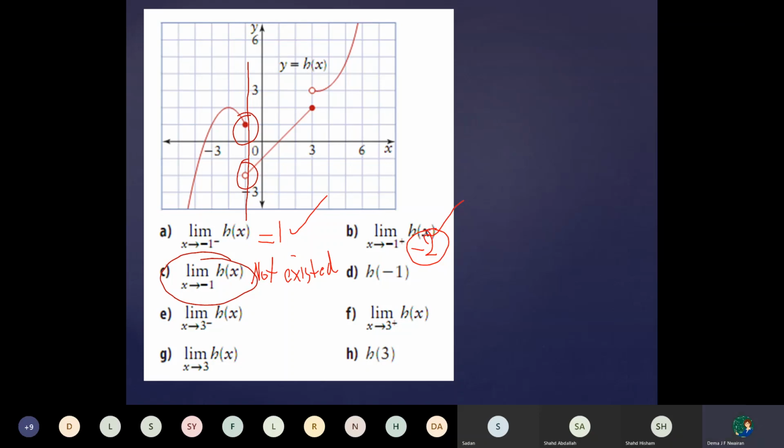Now h of negative 1, not the limit, but at point negative 1. Did we have here a colored circle, a colored point? Yes. It is this one at point